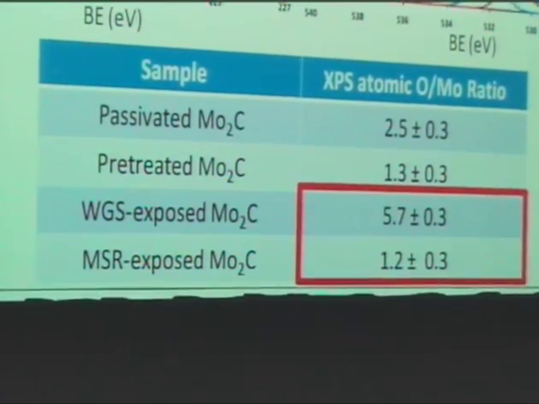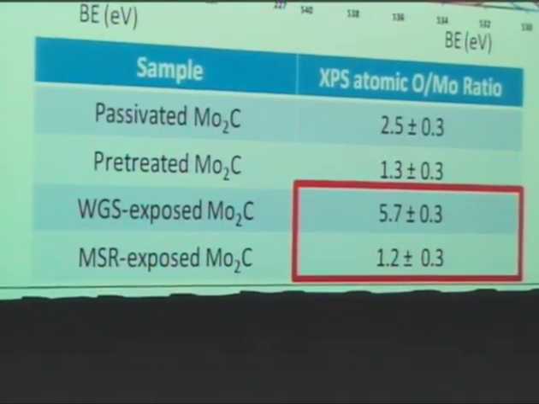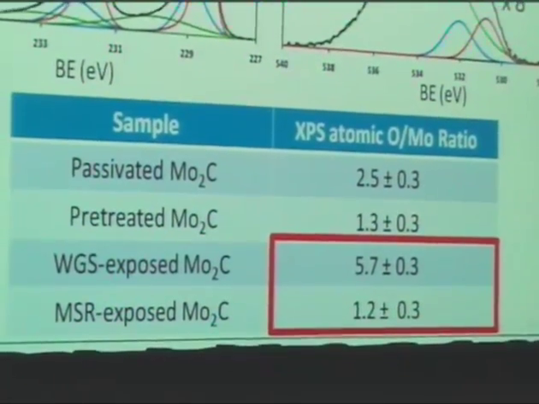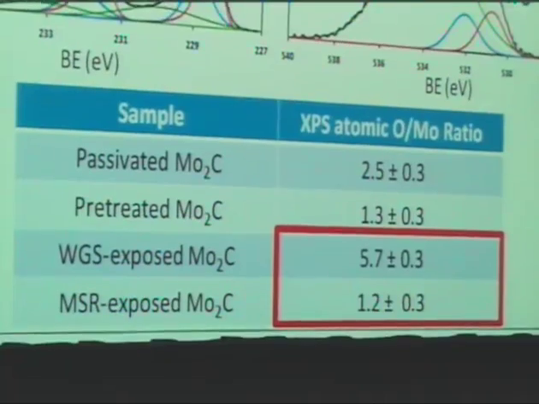Now under water gas shift and steam reforming conditions, we have a much, much higher oxygen to moly ratio under water gas shift conditions than steam reforming conditions. So this seems to lend itself to this belief that the more oxygen that's on the surface, the greater sulfidation of the catalyst. So this is one possible explanation for why we see this marked difference in the sulfur tolerance